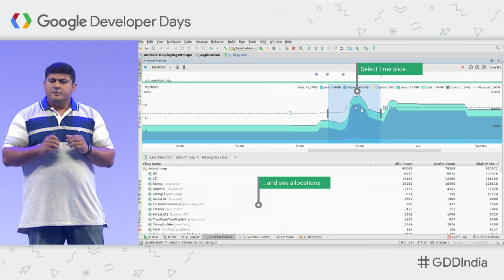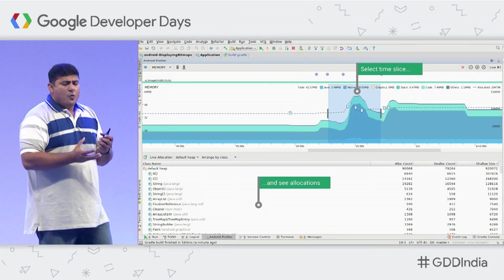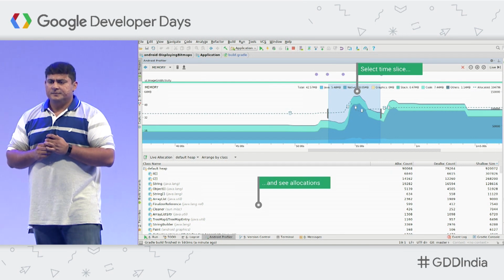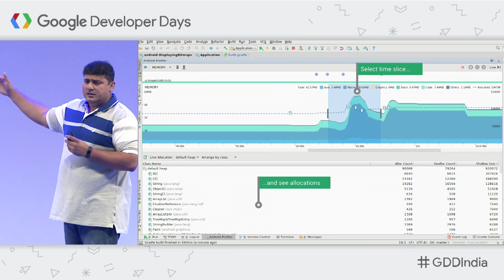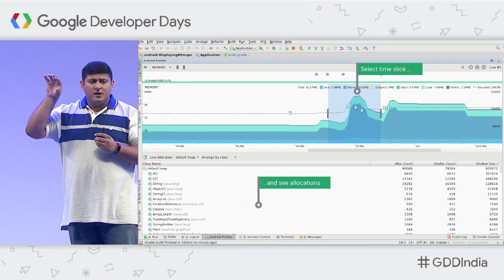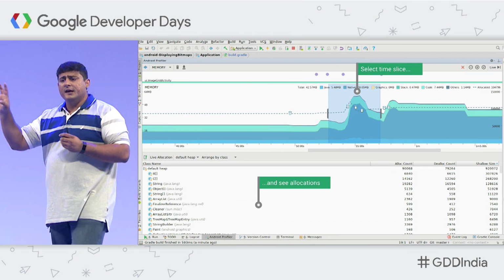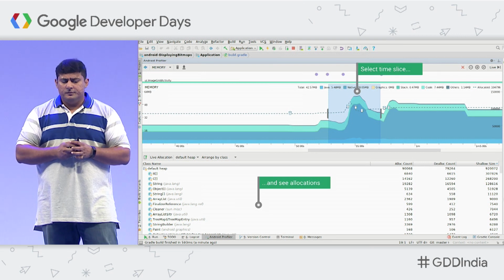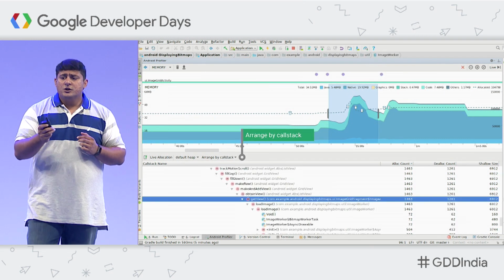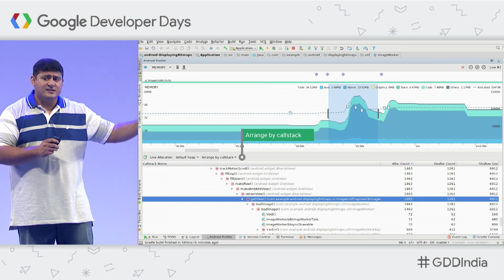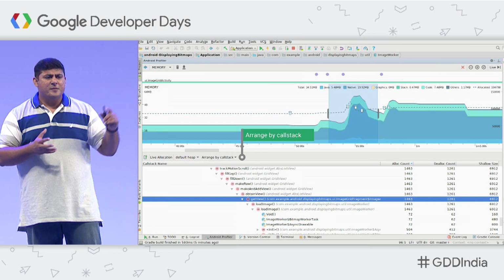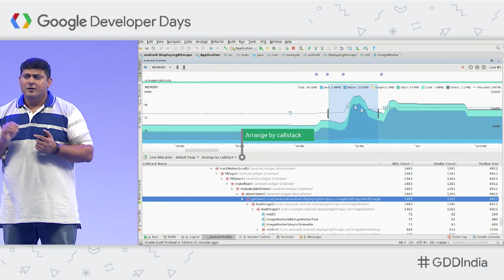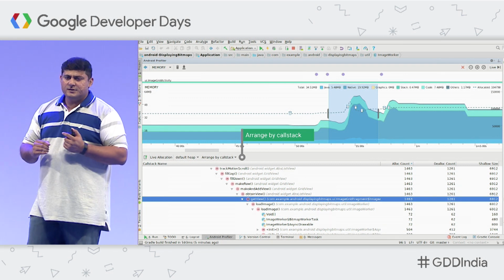Now, when you select a set time segment, what comes up by default is the heap, as shown below, with all the allocations that are there. This is per class. So each class or type is shown, and how much allocation and deallocation happened over that period of time is clearly shown here. You can also arrange it by call stack. Once you've identified some areas that you want to look into, arranging by call stack and the other options here will help you really dig deeper into this.